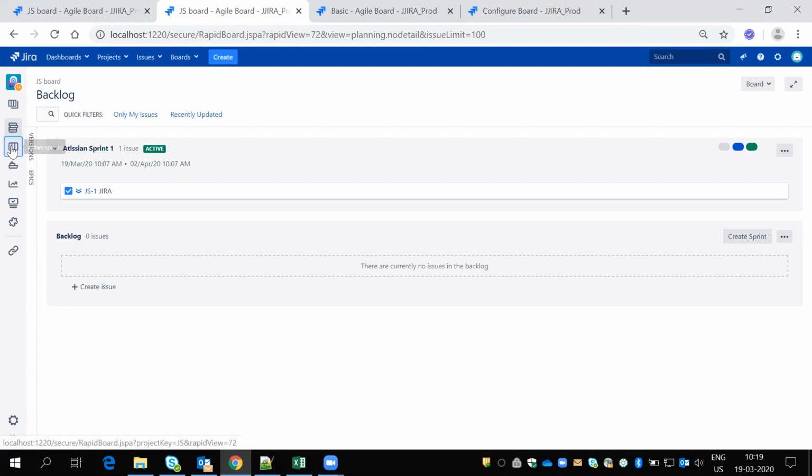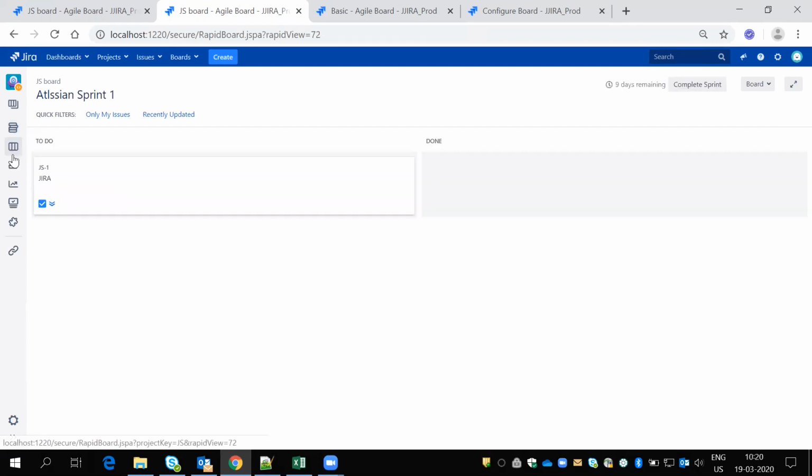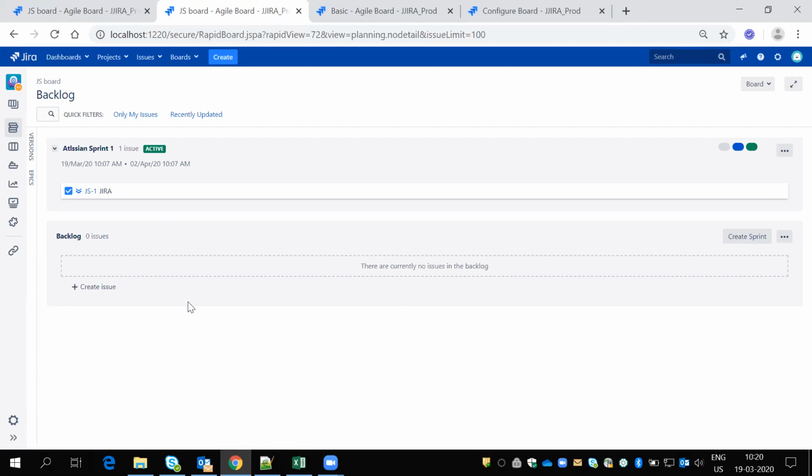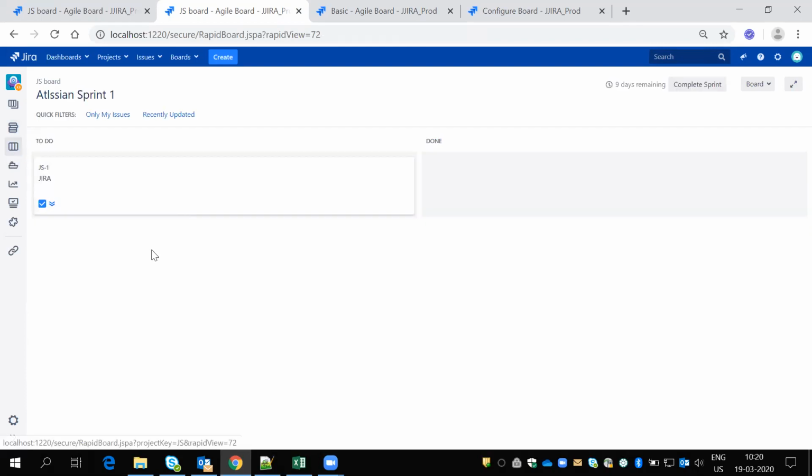Once the sprint is started, the same tickets will go to the active sprint, and all teams will work on only active sprint tickets. They'll not work on backlog tickets. For backlog tickets there is no planning, so unplanned tickets are not worked on, and teams will work on only planned tickets. And version-wise they'll put in some timelines and they will release it. So this is called Scrum, a completely planned approach. Okay, everything should work as planning.